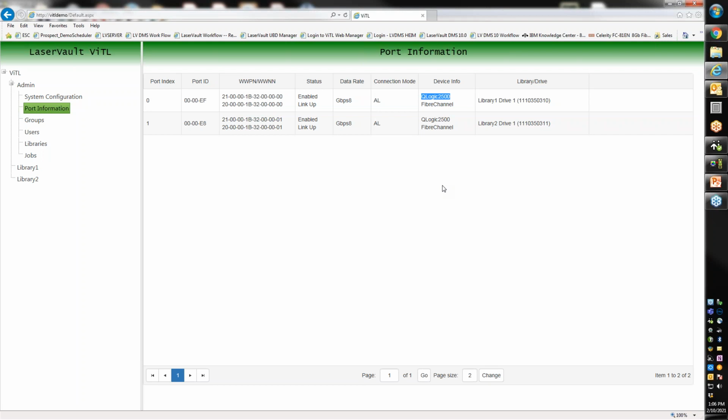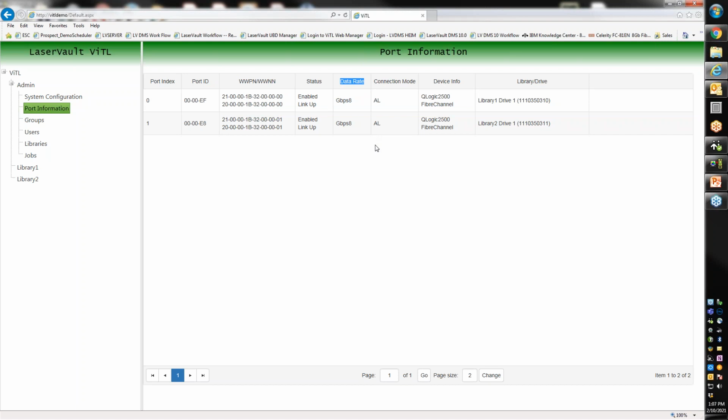This is going to allow you to create for one single fiber channel port on Laservault up to 15 devices, whether that is a tape library with 15 drives or 15 tape libraries. You can define it any way that you want in terms of how many tape libraries that you need or how many tape devices that you need assigned to each of those tape libraries. So again, 15 virtual devices per fiber channel connection, whether it's 8 gig, 16 gig, or 32 gig on the Laservault server. And that can actually be either connected directly or through a switch, depending on which data rate HBAs